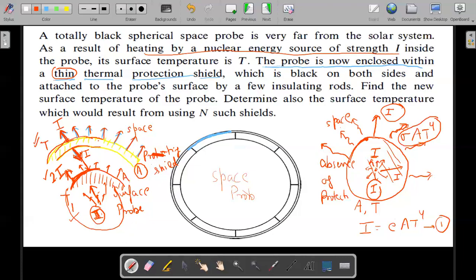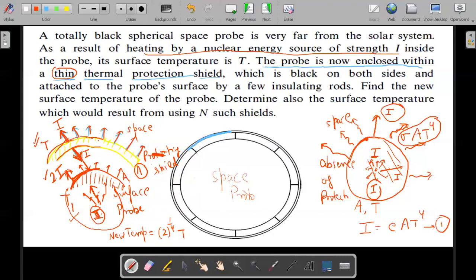And according to Stefan's law, if the amount of energy from the surface is doubled, it is very obvious that its new temperature must be, in order for radiation to be doubled, increased by a factor of 2 raised to the power 1 by 4 as compared to the previous temperature, capital T, since the rate of radiation is directly proportional to the fourth power of absolute temperature. So the radiation energy will be doubled if the temperature is increased by a factor which is 2 raised to the power 1 by 4.